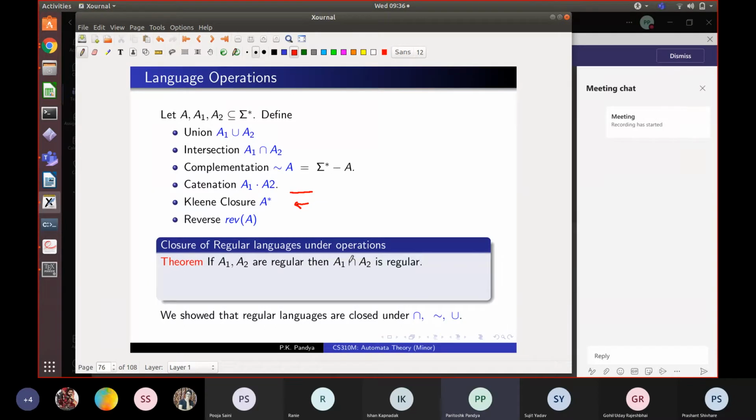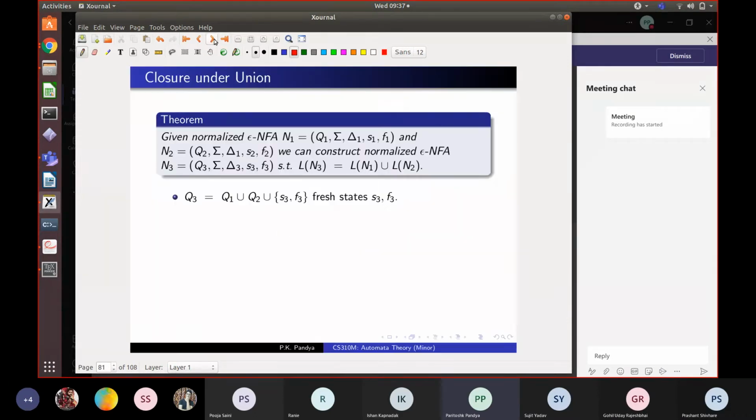To prove this effectively, you have to be given two automata, and we have to produce an automaton for the composite language from the components, right? So, for example, the proof method is, given DFAs M1 and M2, we construct a DFA for the intersection. And similarly, we did it for union, we did it for complement, and we did it for catenation. Let me just briefly